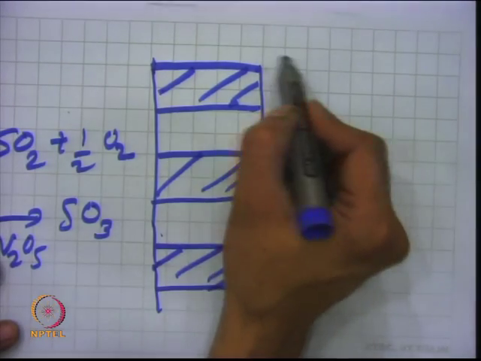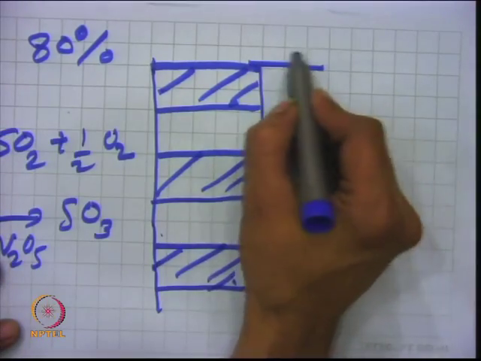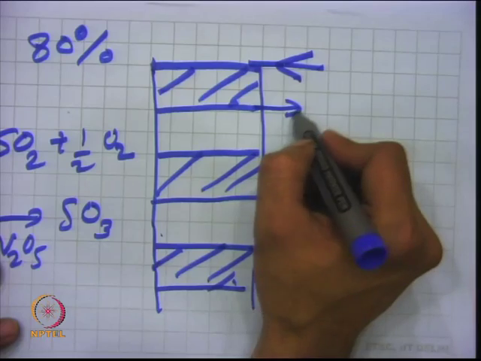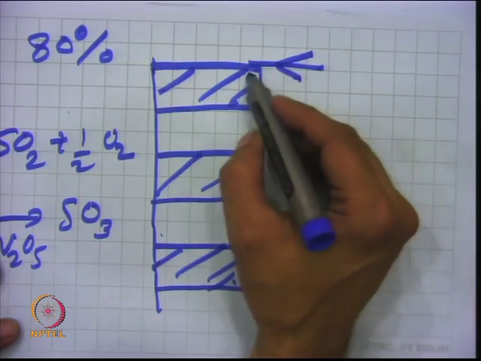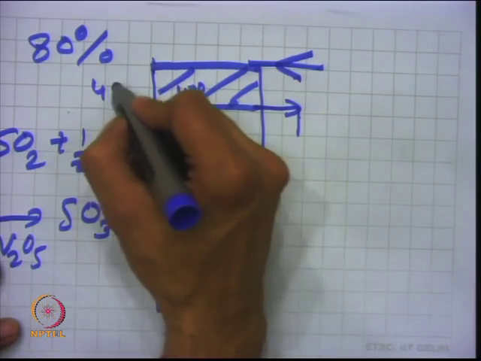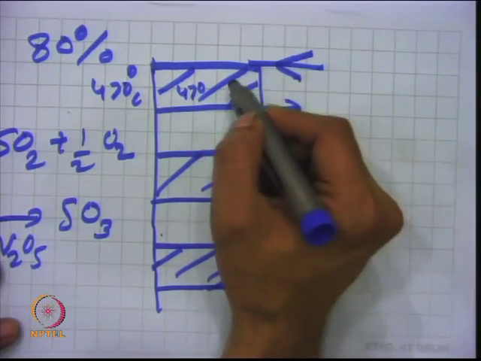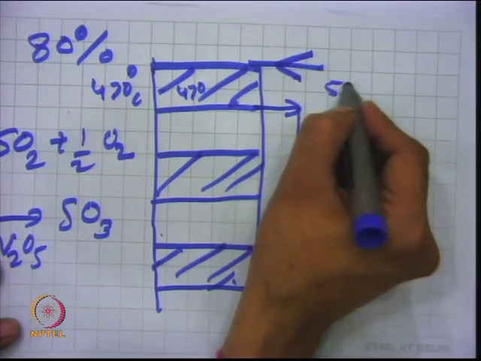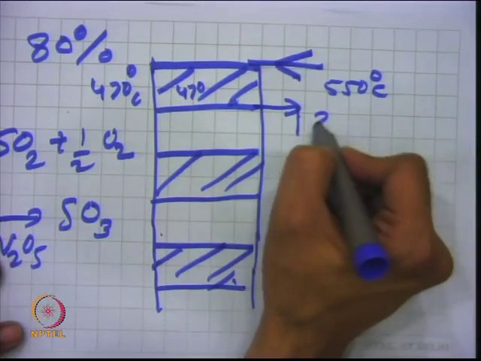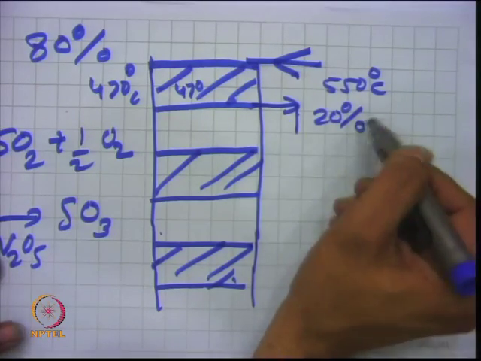The basic idea is that suppose the overall conversion is 80%, then we can control the conversion in each bed. Feed is coming in and then the product comes out, and then it is cooled, because the reaction is exothermic. Suppose the required temperature is around 470 degrees centigrade. You would like to have a catalytic bed temperature of 470, but because of the exothermic reaction, heat will be generated, so it can go up to say 500 or 550 degrees centigrade. If you have a high conversion, then the temperature rise will be high. So, we limit the conversion to say just 20% in the first bed, where the catalyst may be highly active, or it can be 30% or 40% also.